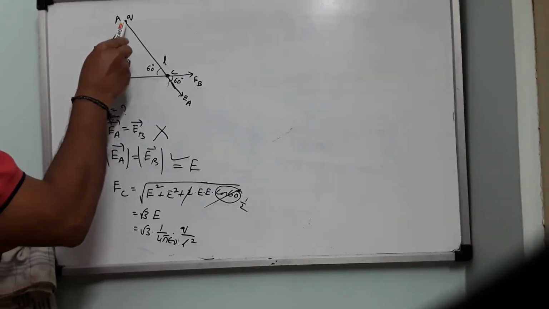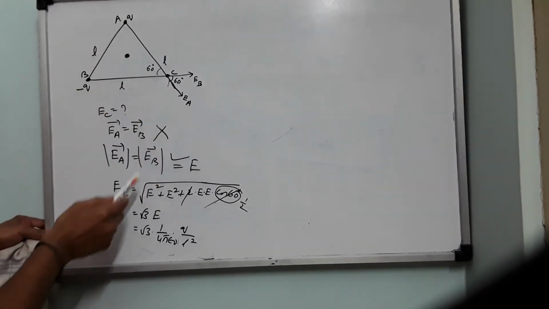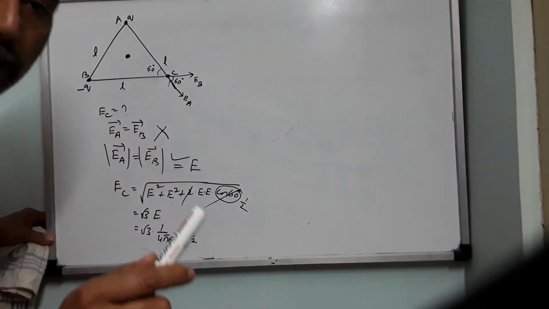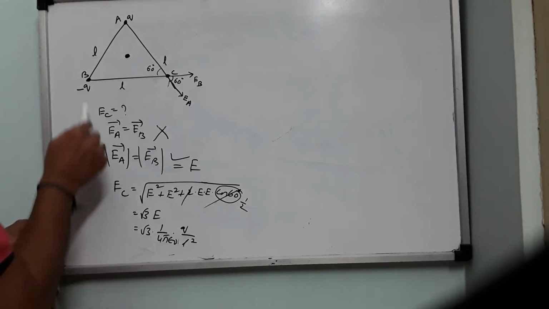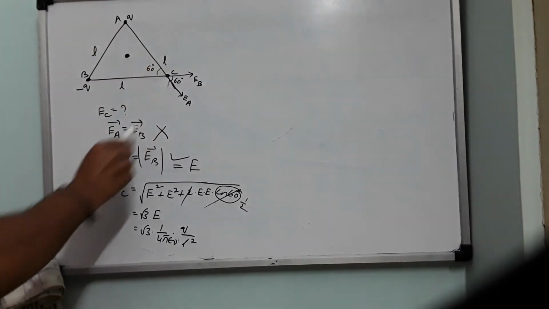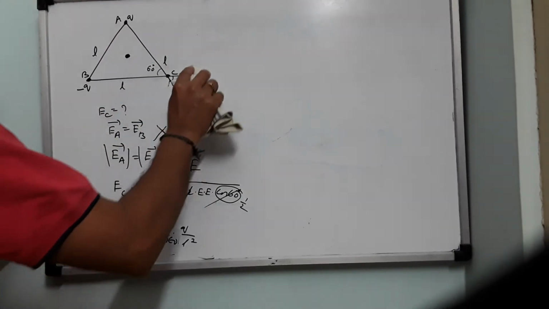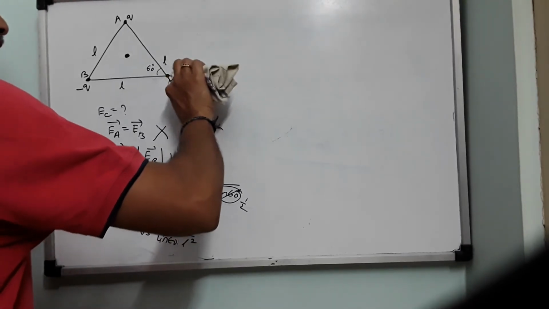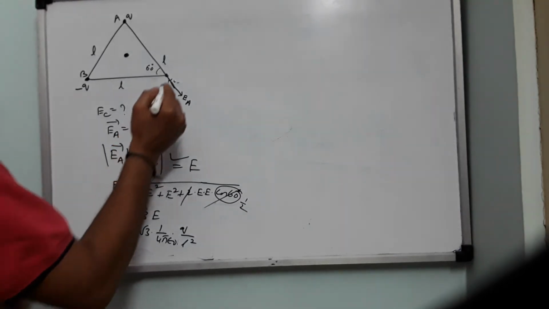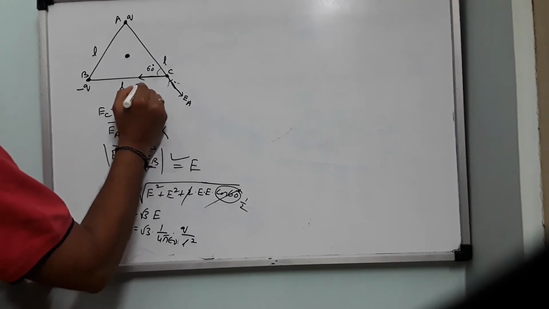This plus Q being a positive charge will produce electric field in this direction only because it is radially outwards. But for minus Q at point C, electric field should be radially inwards. Radially inwards means minus Q is the center of the circle and L will be the radius. I draw a circle like this or a sphere like this. So radially inwards means it should be like this. So EB now will not be pointing towards right at point C. So this is my point C. So now it will be pointing like this.